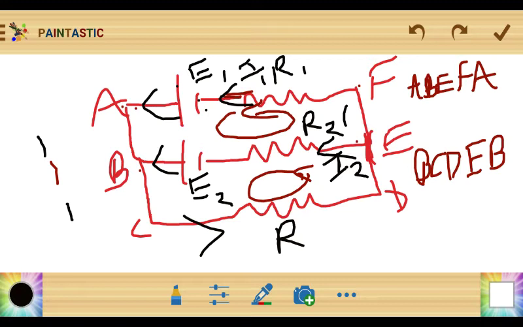Okay, there is some convention you should know. Just remember, if we traverse in the direction of current in a mesh, in a loop, then the product of current and corresponding resistance is taken as positive. In the upper circuit, I1 is the current and R1 is the resistor, so that is taken as positive if we travel in the direction of current in a loop. Opposite to the convention current, it will be negative. What is convention current?